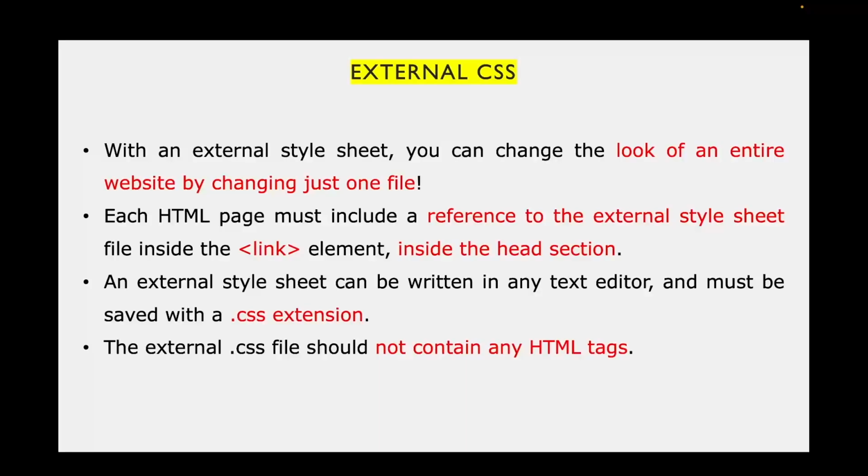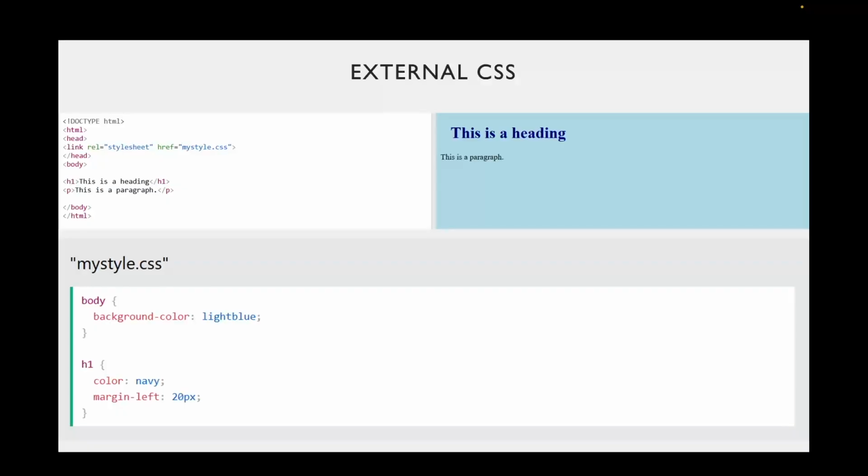And the external .css file should not contain any HTML tags. As you can see here, the external CSS file, which is my style, has been linked to the HTML through the link tag, and REL, that is the relation, which is the style sheet relation between the HTML and CSS file.